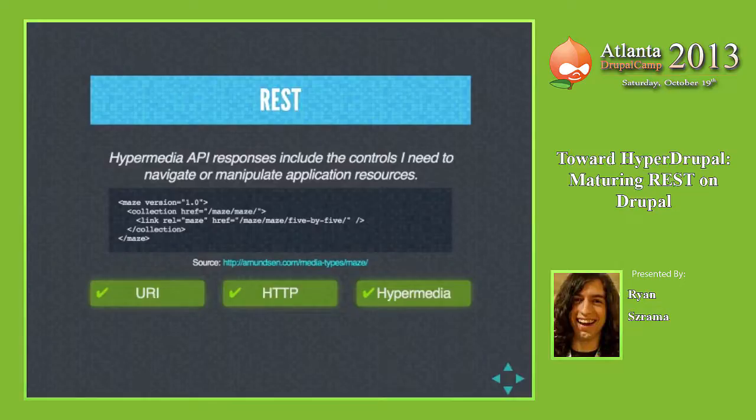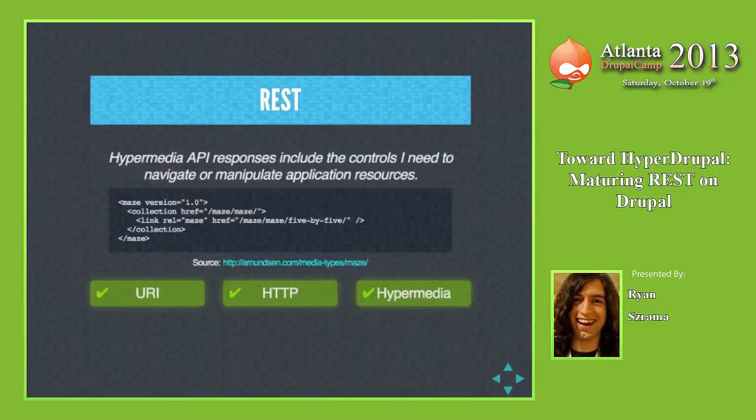Furthermore, if I change my URLs, for example, if I suddenly don't make the 5x5 maze available anymore, and I just have a 4x4 and a 6x6, your client wouldn't break when you wanted to go play a 5x5 maze. The client would know the 5x5 link's not there anymore. It would just render the 4x4 link and 6x6 link, and you can only click on an available link. So the media type is not just returning a representation of the data, it's actually defining how you can interact with that data and how this data relates to other data, and how to get back to the root level of the API.